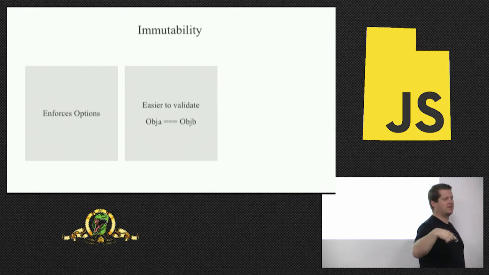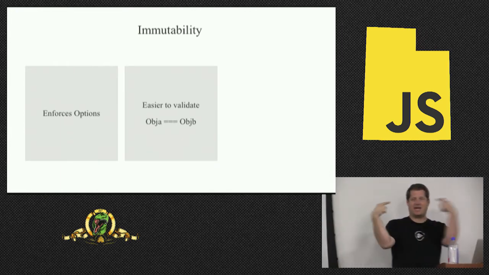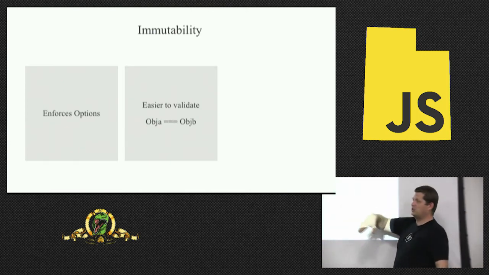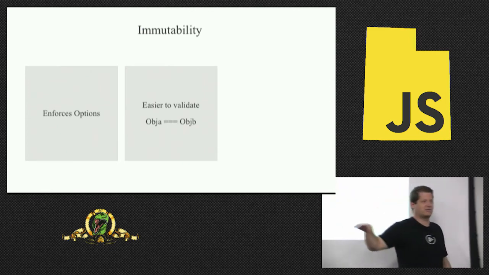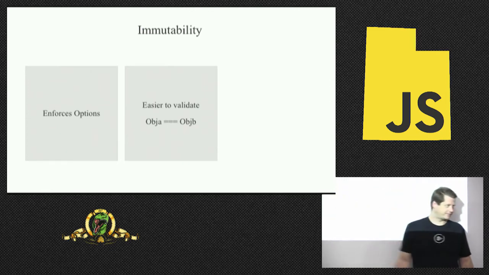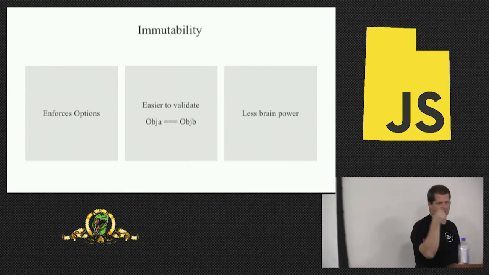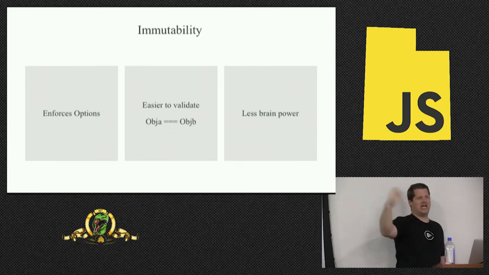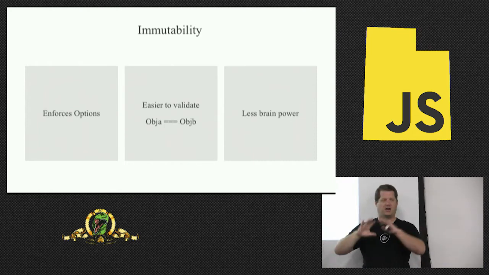It's easier to validate. So this is why state is considered to be immutable. Because if I change something in an object, that object is now different, but it's the same value. The pointer is the same. If I create a new one, then I can just check to see if they're the same thing and when they're not. So this is how state works, right? Less brain power. It's easier to reason about and easier to think about if you don't have to worry about, hey, list changed. I called list.map to add 1, and now list is a different thing. I don't have to worry about that.